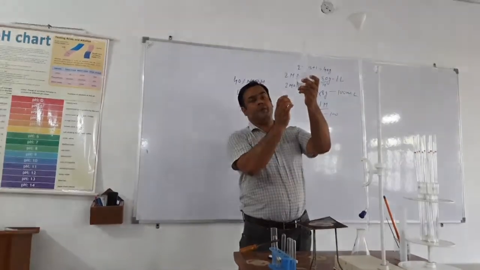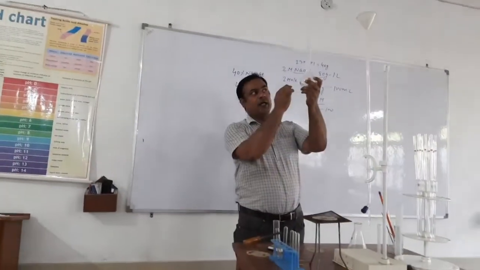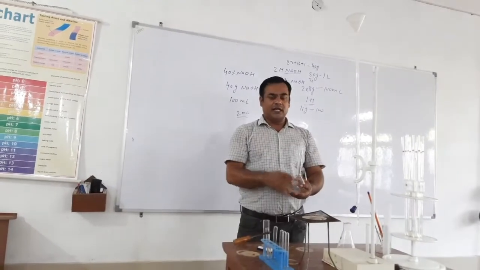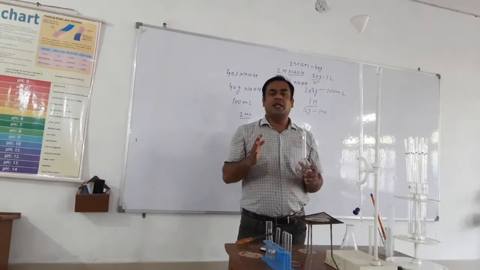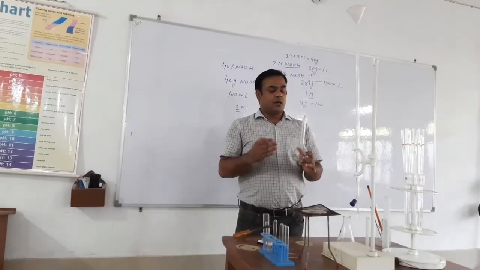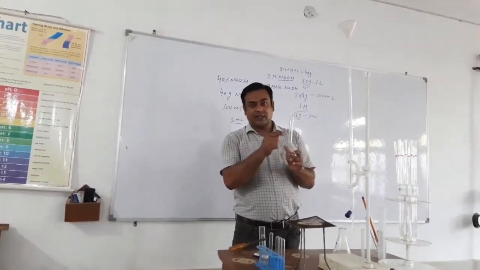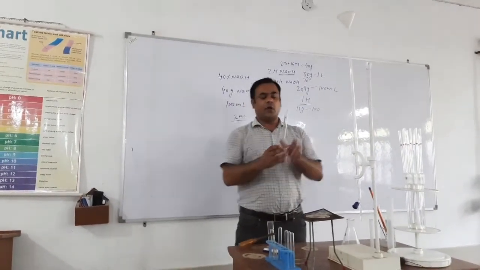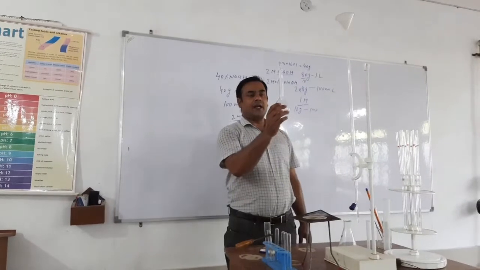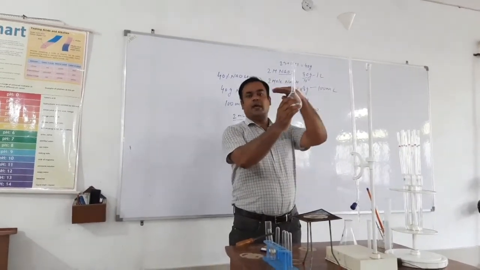If you look from above, the upper meniscus will appear downside, and if you keep it downside, you will see the upper meniscus appear upside. In that case, you will be confused whether the liquid is on the circle, below the circle, or above the circle. To avoid this confusion, we always keep this circle parallel to our eyes. It should be parallel to our eyes.